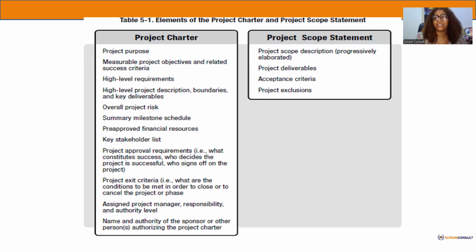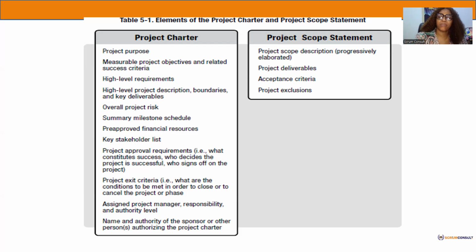So, elements of a project charter and the scope statement. Remember, we have a project charter. This is what can be contained in a project charter: your project purpose, overview, project objectives, high-level requirements, high-level risk, milestone schedules, stakeholder list, tailoring, success criteria, and budgets. Anything you can tailor, but most times it's usually one page, just a summary. The document that has the details is always your business case, which is basically for business justification.